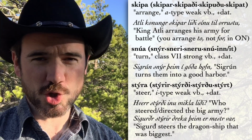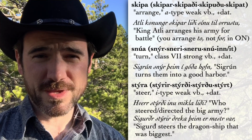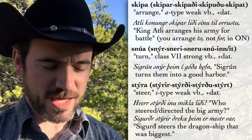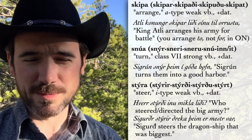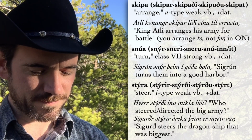Snúa, turn. This is a weird class 7 verb. I mean, what isn't a weird class 7 strong verb? But principal parts are snýr, sneri, sneru, snúa and snúit. This takes a dative object. Sigrún snýr þeim í góða höfn. Sigrún turns them into a good harbor. This is Sigrún, the flying Valkyrie, who is turning the navy of Helgi so that it goes into a good